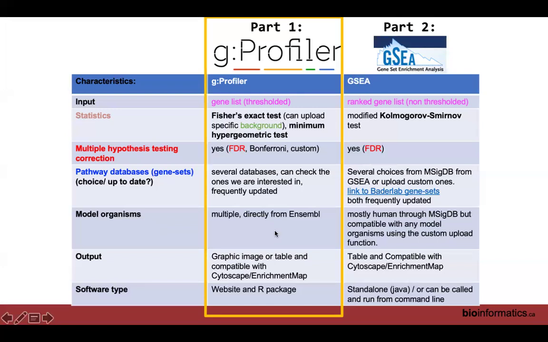Lastly, because it is based on Ensembl, there are actually a large set of organisms that it supports. So you don't have to be limited to human or mouse, for example. And we're going to go over just the different outputs that they have. So this is just a table where you can compare the two programs we're going to be going over in this module. A lot of them are similar. They have similar